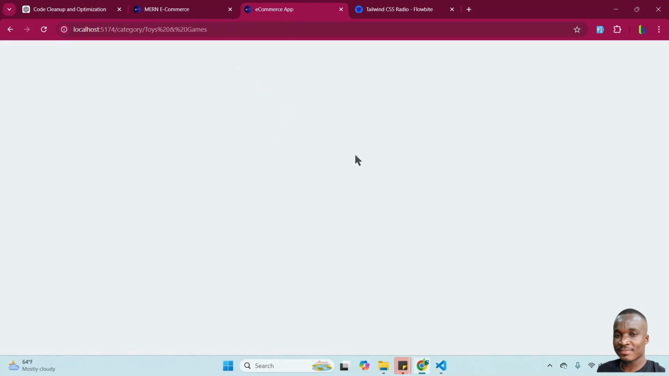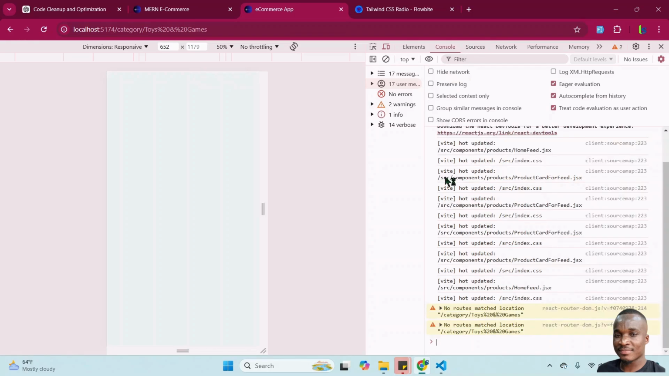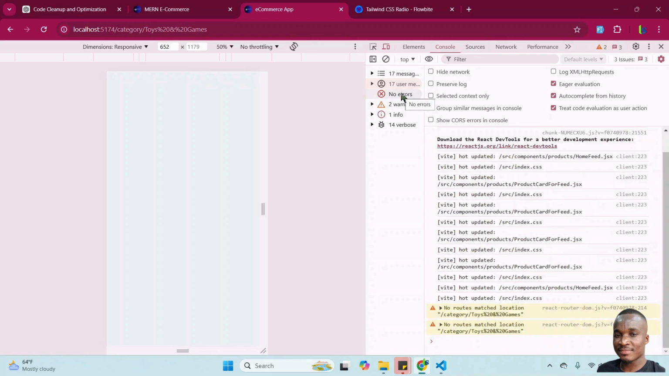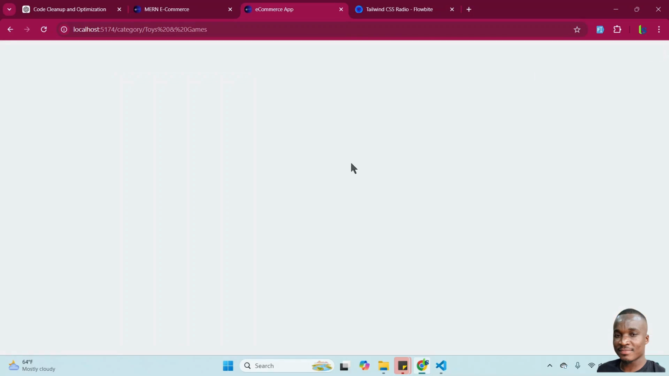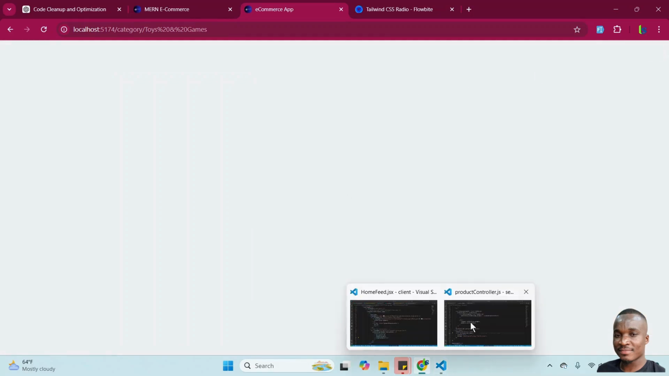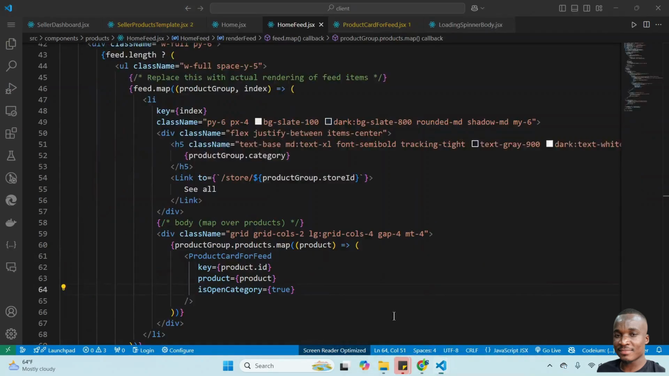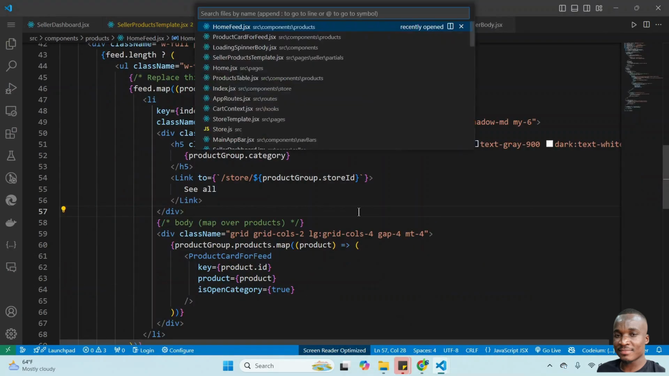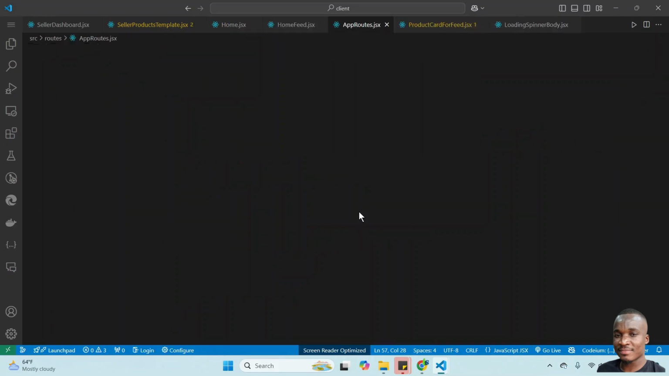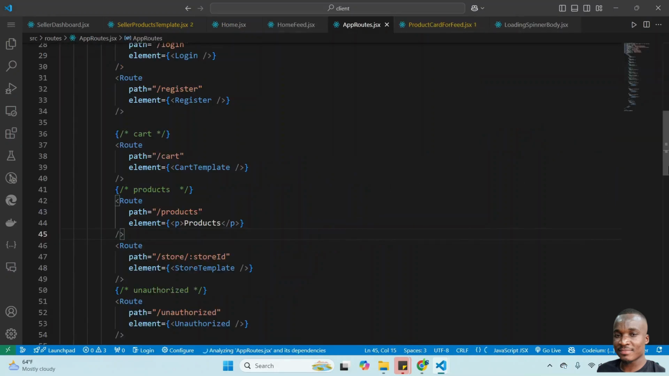But looks like we have an issue. What's the issue? No route to match. Oh yeah, we don't have a route for category. So that is taking us now to work for category. Let's go to app route. So open your app route and then go to